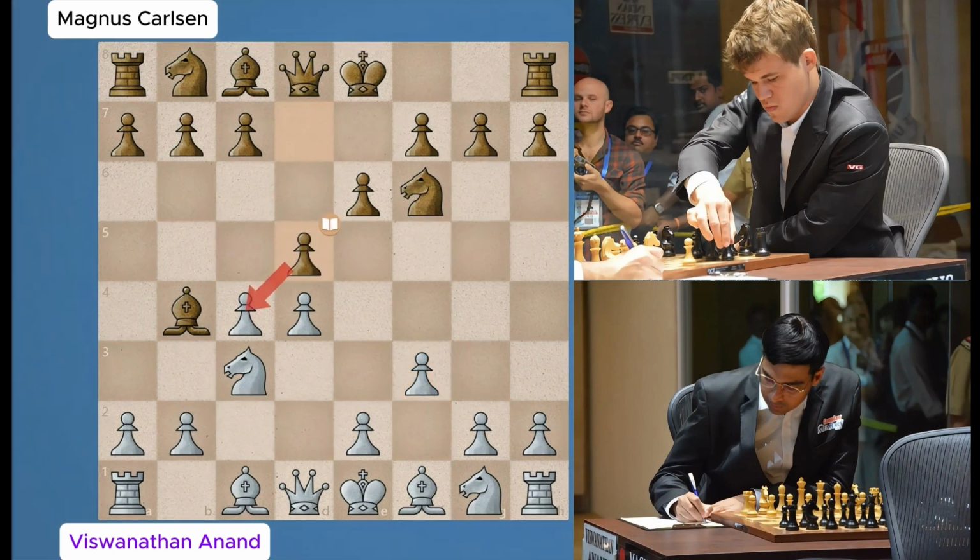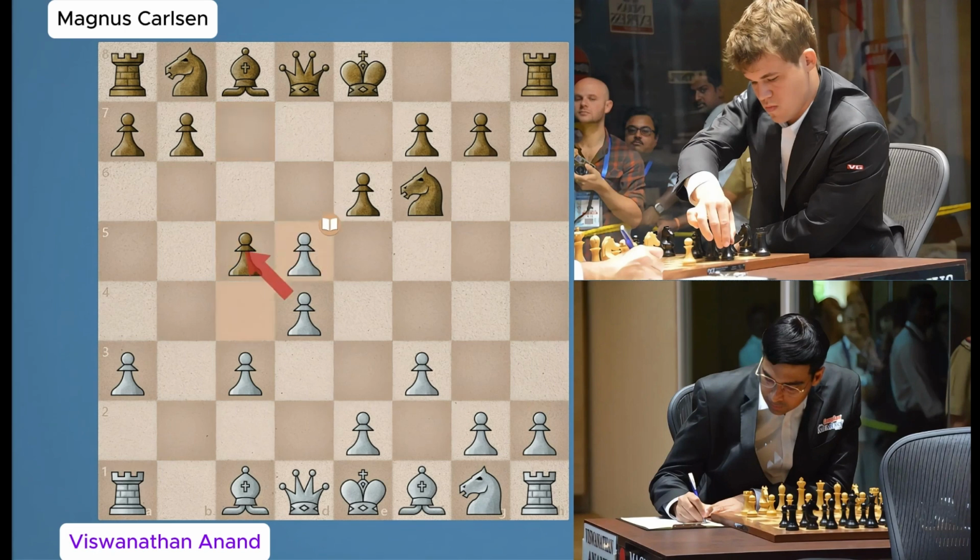d5. A few months later, against Nakamura, Carlsen tried c5. a3. Bishop takes c3, check. b takes c3. c5. c takes d5. e takes d5, inviting Anand to attack him. e3. c4, dubious move. Carlsen attempts to throw Anand off with a rarely played sideline.